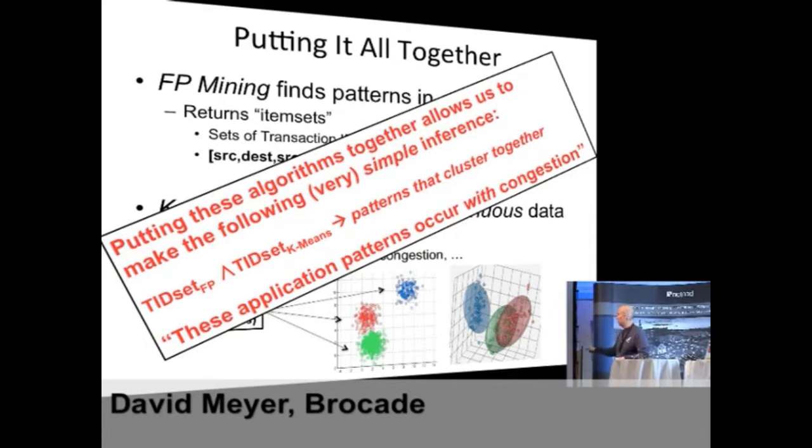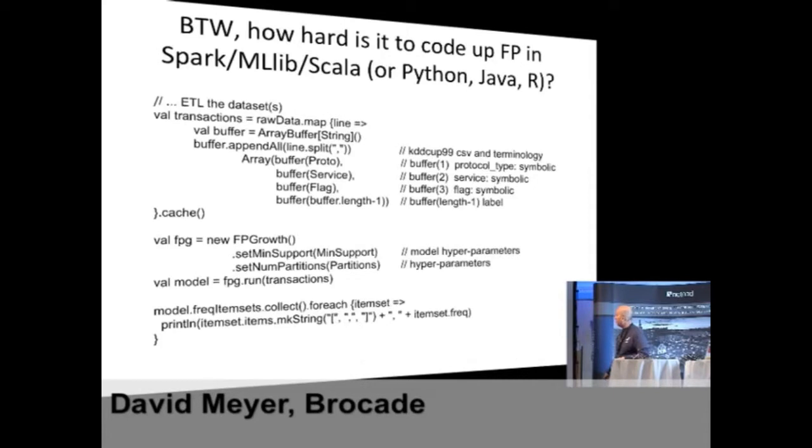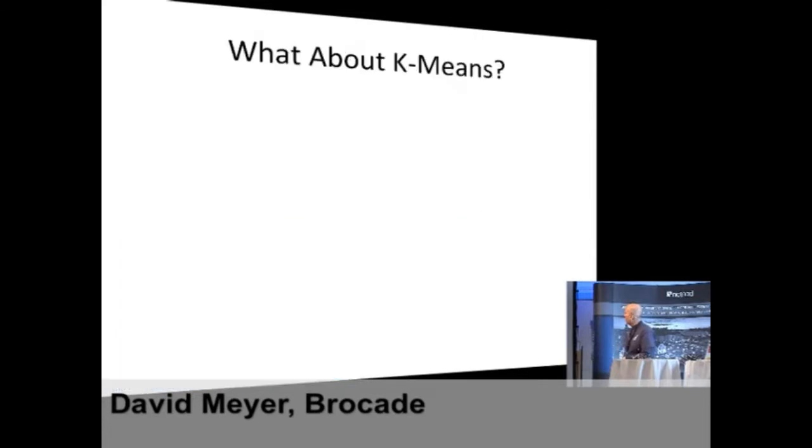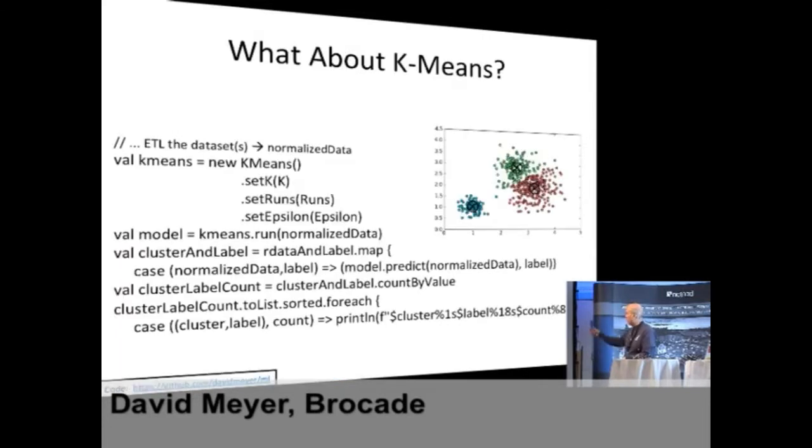So how hard is it to build any of this stuff? Here's some code I wrote, and that's the whole thing, really, once your data is in the shape it needs to be. I wrote it in Scala because Spark MLlib has it, and I hadn't written anything in Scala and wanted to try it. It wasn't that much. All that code's right there if you want it. For k-means, it's just this, not that much. You can look at it on my GitHub. It's all there if you want it.